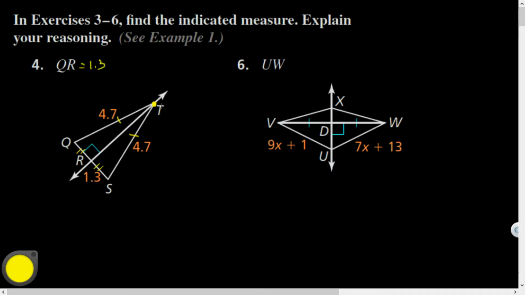Let's see, here we go. This next one, XU is a perpendicular bisector of VW. Point U is therefore equidistant from V and W, and then by definition of congruence, 9x plus 1 is going to equal 7x plus 13,